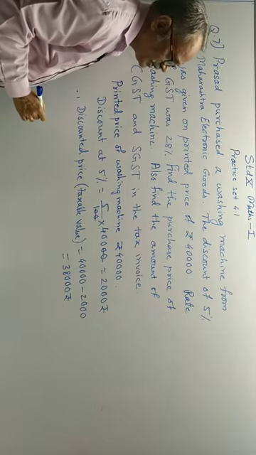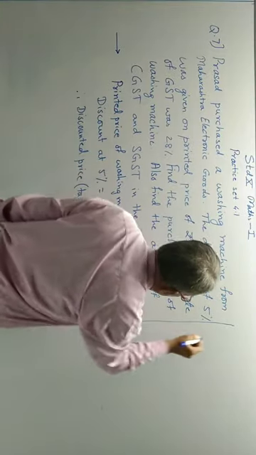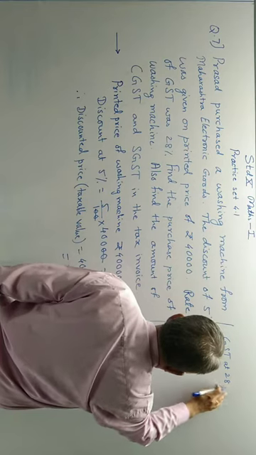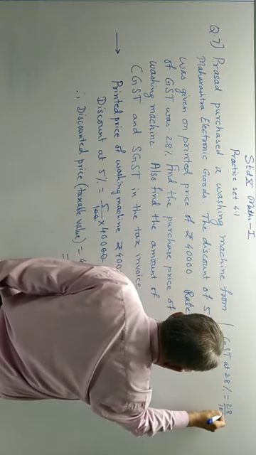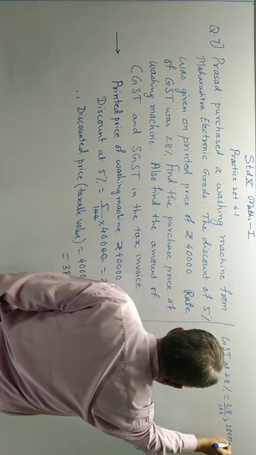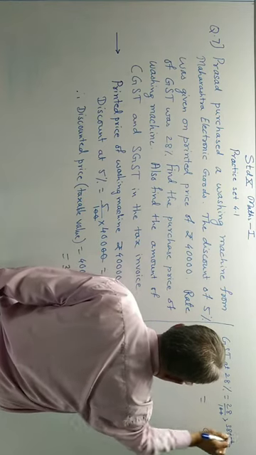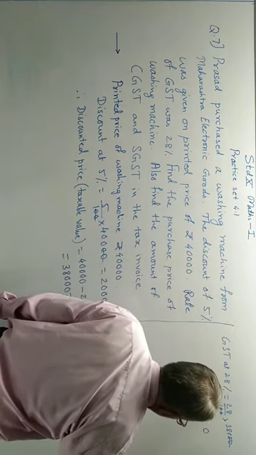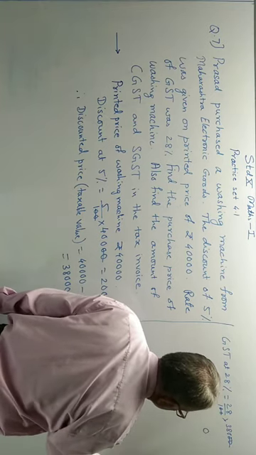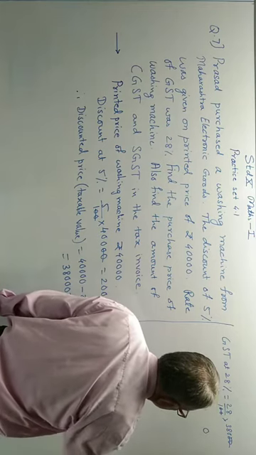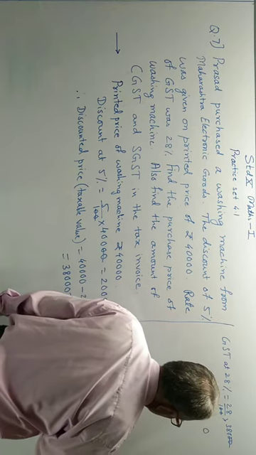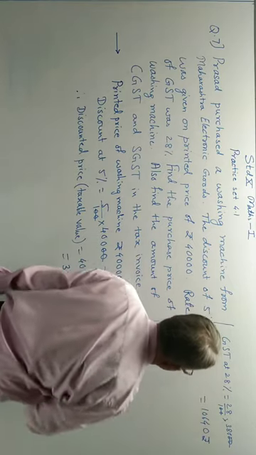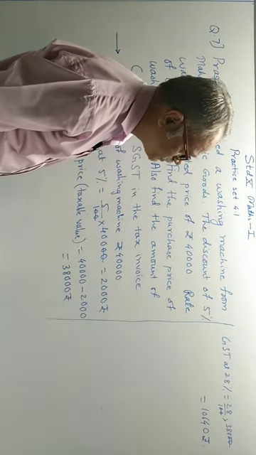GST is at 28%. GST at 28% is equal to 28 upon 100 into 38,000. 2 0s cancel, 1 0 still remains. 28 and 38, the product we have to do. 8 8s are 64, 8 3s are 24 and 6 is 30. 2 8s are 16, 2 3s are 6 and 1 is 7. 1064 and that 0 rupees. This is the GST. GST at 28% is 10,640.